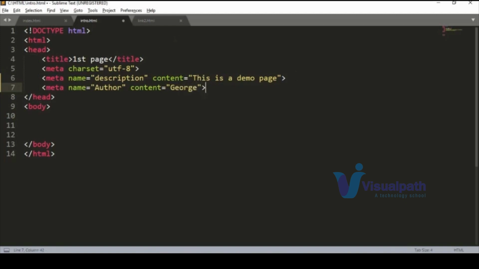So when you give the name as description, it should always be the description of the web page or something which you would like to describe. And when you give the name as author, please give the